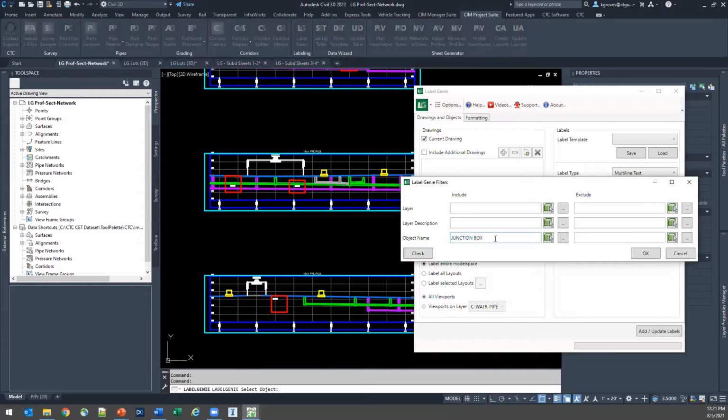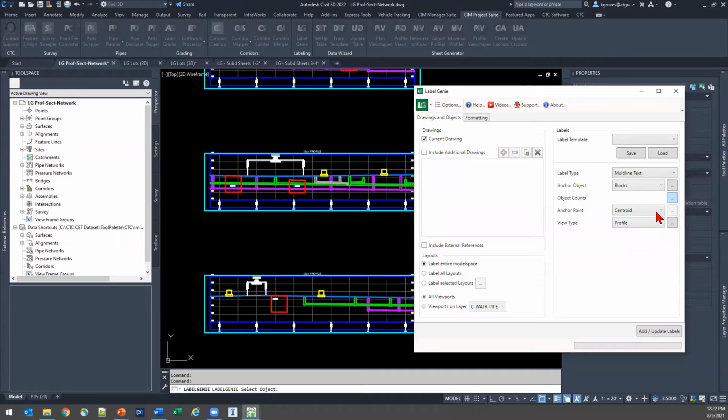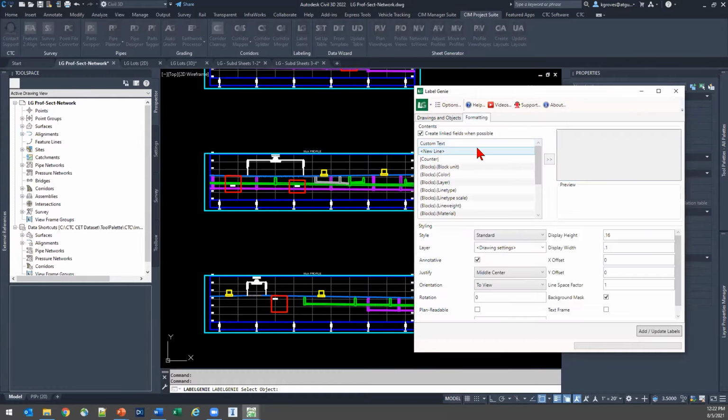Now, if I had more that I wanted to do, I simply need to add a comma, add a space, and then go back and retype that data in. For now, it's just the one. So I'm going to label that junction box. Again, I'm going to stick with the centroid of that. And in profile, it's the same profile view. Now for my formatting, though,